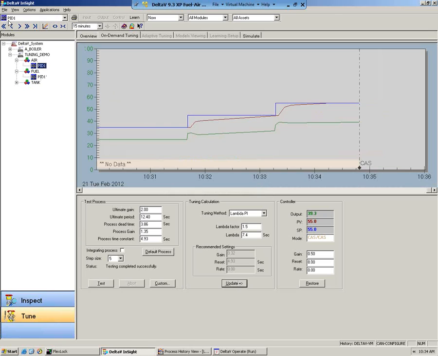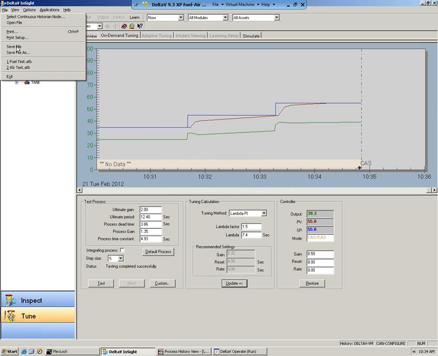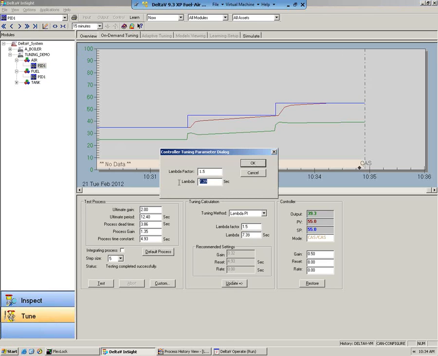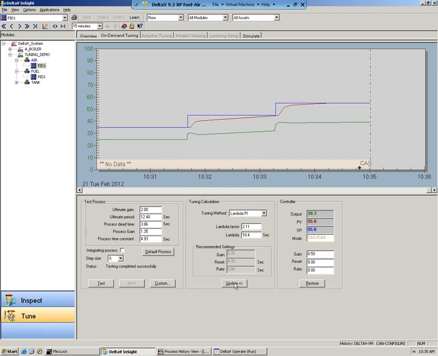But while an operator will normally allow you to take a loop into manual and move the output up and down a few percent, if you ask the operator, okay, can I take your loop right to the edge of stability so it oscillates like crazy, because that's the way I'm going to calculate your tuning constants, you're probably going to get thrown out of the control